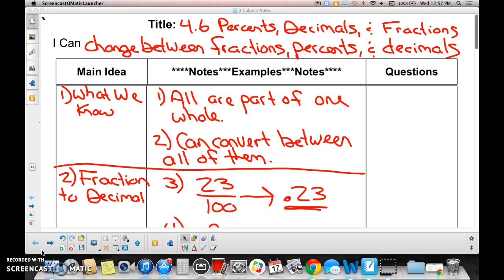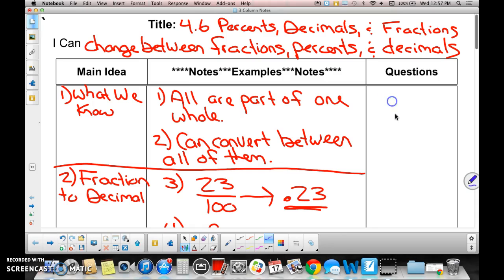4.6%. And what can you now do, Kaden? I can change between fractions, percents, and decimals. You can now change between fractions, percents, and decimals. Yes or no? Yes. Okay, so I'm telling you, in this lesson, we pretty much only focused on fractions and decimals because